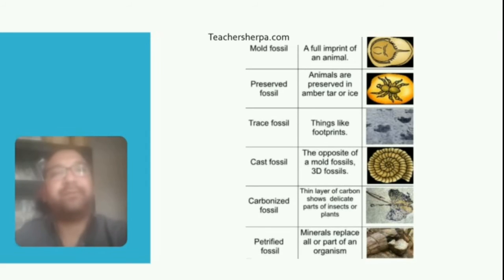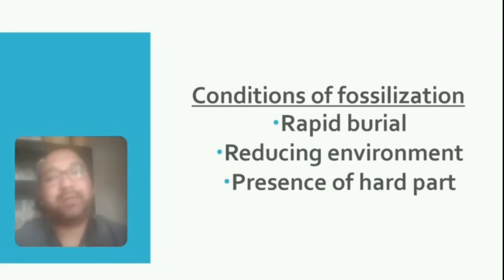Now, second part. What are the conditions which are responsible for fossilization? There are mainly three conditions: rapid burial, reducing environment, and the presence of hard parts. Rapid burial means there should be enough sedimentation to cover the whole body of the organism,